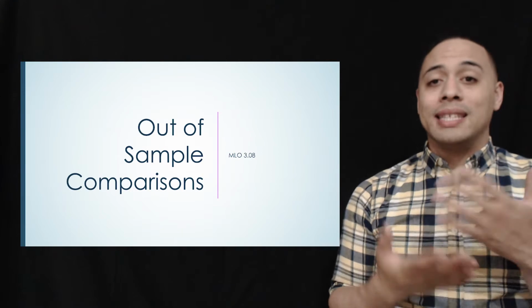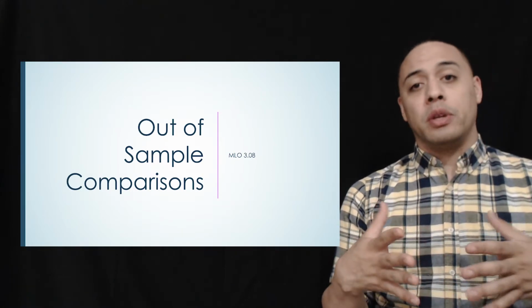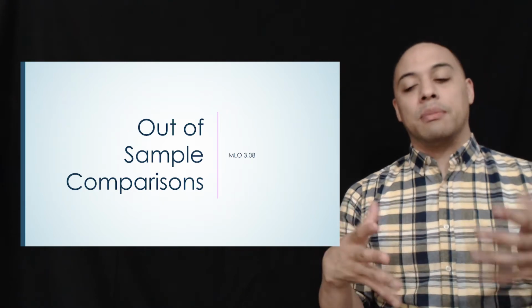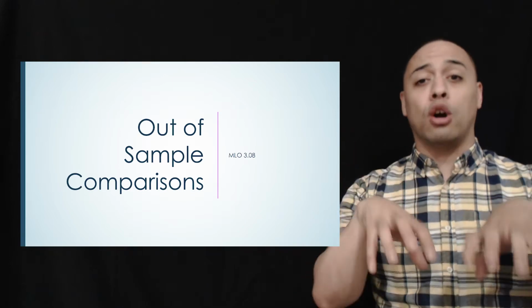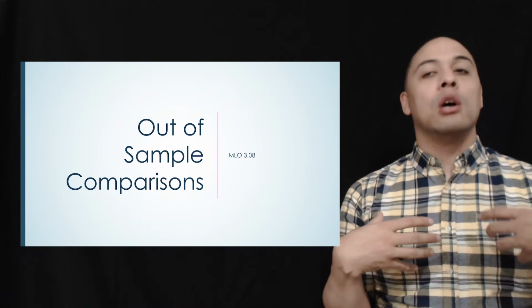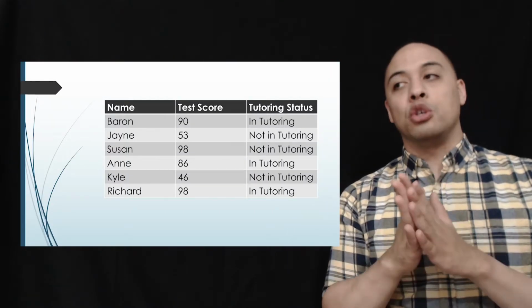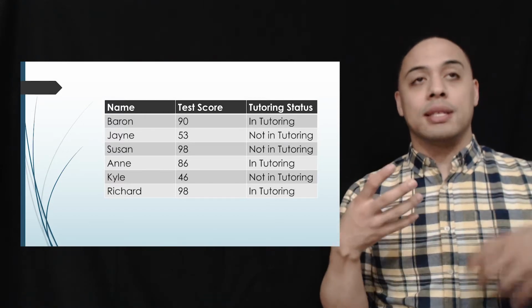So when we're looking at the difference between means, so the difference in averages between groups, oftentimes the examples that we're using are examples where we have all of the data and we're comparing between two groups that are within our data, right? So you have a whole bunch of data on test scores for a whole bunch of students, say,